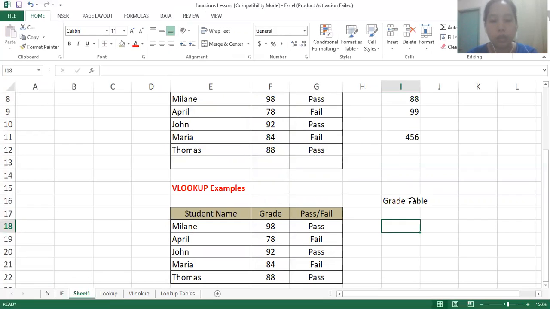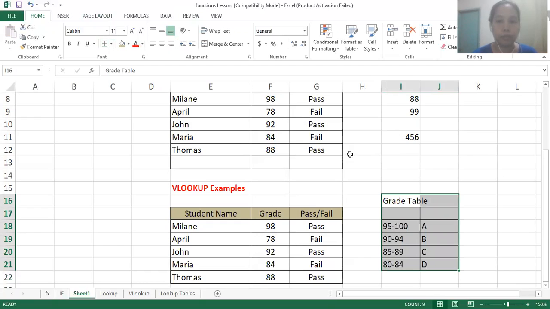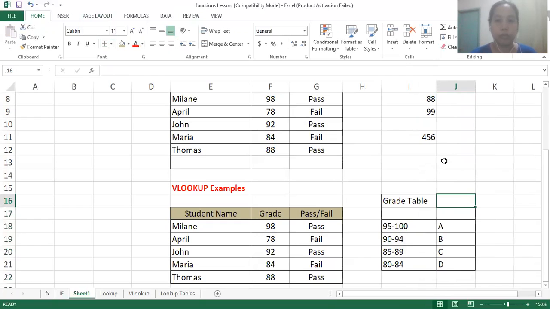So let's say we will have 95 to 100, that is A. Then we have 90 to 94, that is B. And then we have 85 to 89, that is C. And then we have 80 to 84, that is D. So for example, this is our grade table, and then the letter grade.